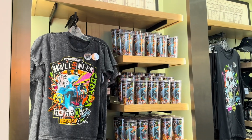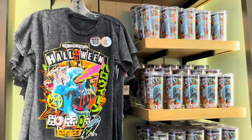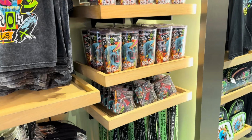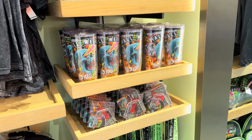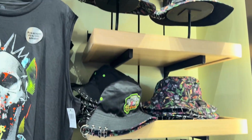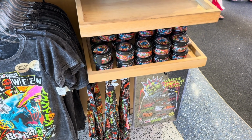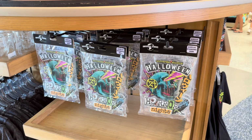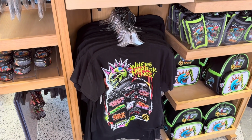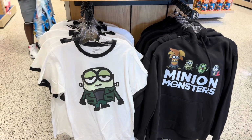Then on the left side, there is the Halloween Horror Nights collection with a tumbler cup, a Halloween Horror Nights 24 t-shirt, a cup holder, 4-piece record coaster set, a crossbody bag, a wallet, and a bucket hat. There's also a poster with one of the men from Slaughter Cinema 2, an acrylic standing sign, a Where Horror Lives t-shirt with all of the houses on the back, a Chucky popcorn bucket, some Halloween themed Minions merchandise, like